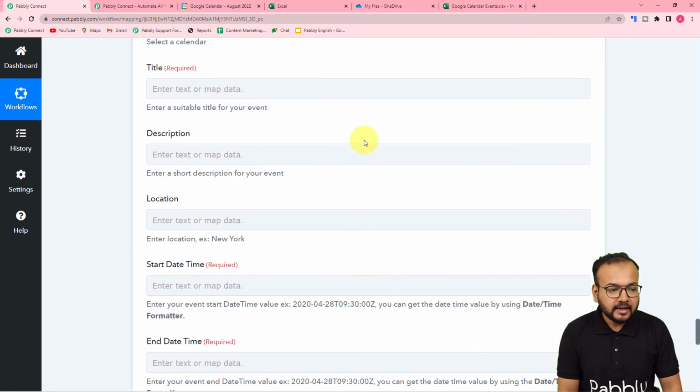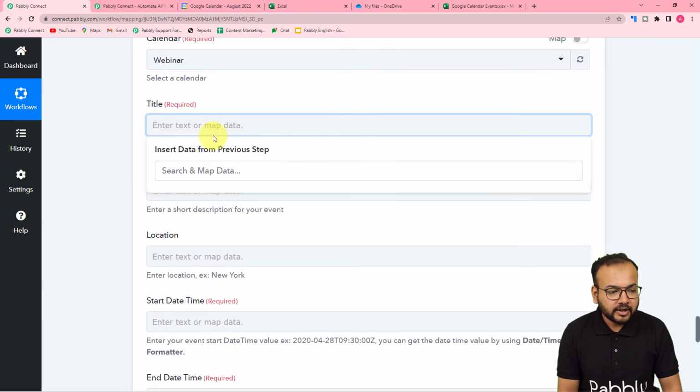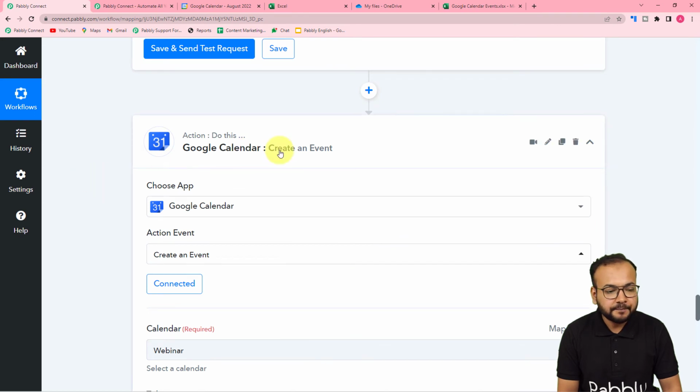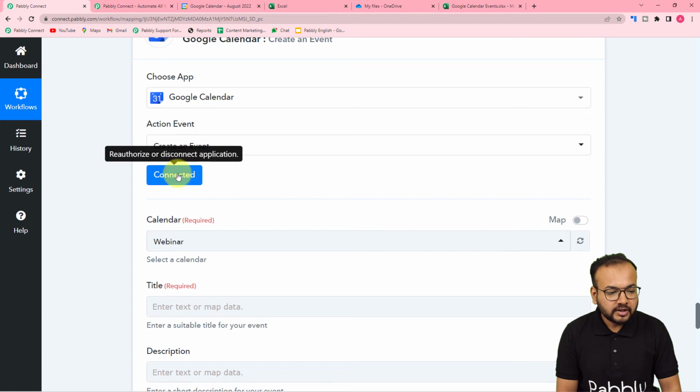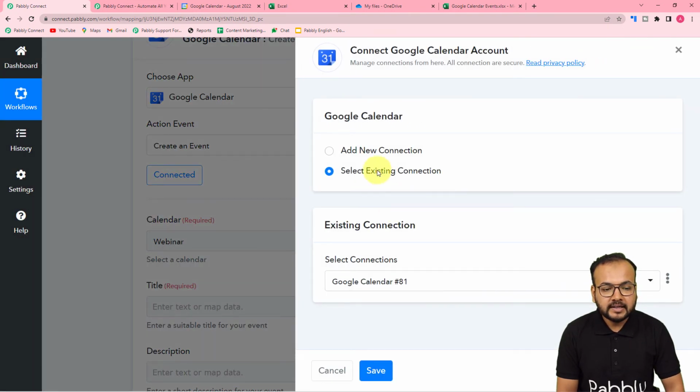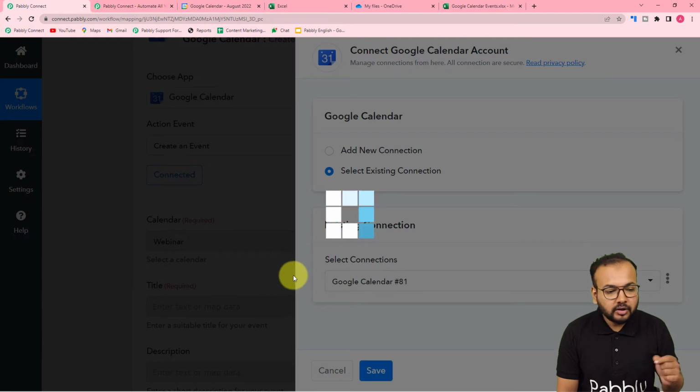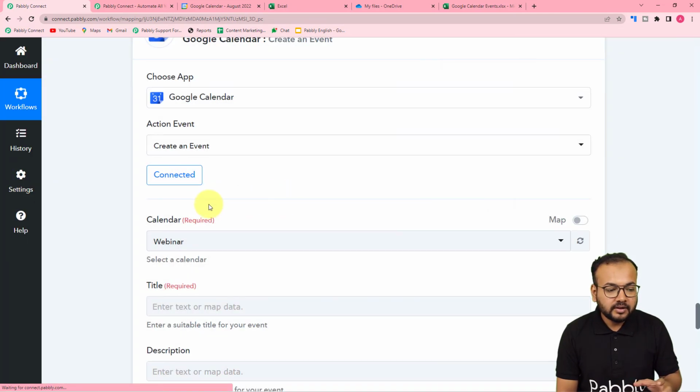Now we can map the data. So first of all, let's map the title. Okay, so when you click here, you can see it is not showing the previous steps because we have added some steps before this step. Okay, so here we need to refresh this connection with Google Calendar. So just click on connect one more time, and guys, the connection that you make here is saved in your accounts. So if you want to make the connection again with the same application, you just have to keep this existing connection option selected, and now click on save one more time,